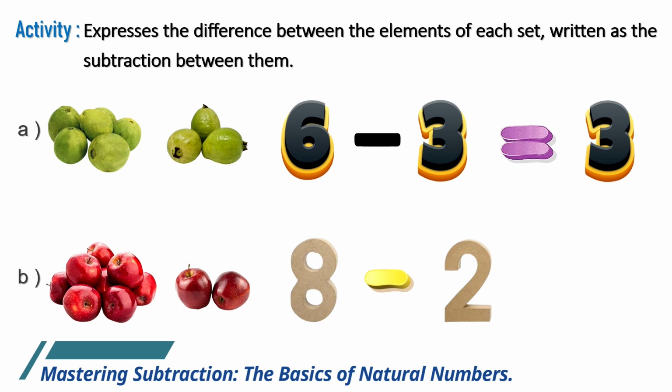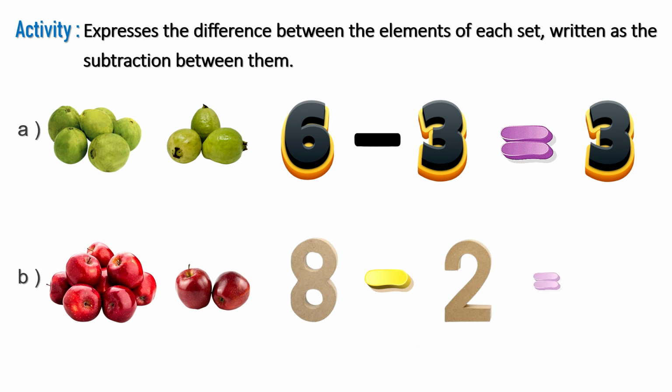Obtaining the difference we identify with the equal sign, and the total group of apples we identify with the number 6. Very good. I hope you have understood the topic, but if you have any questions, review the material again